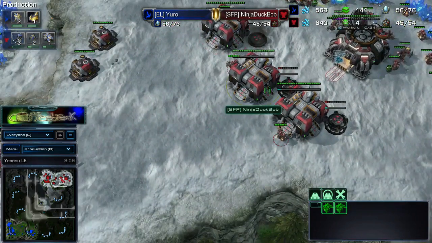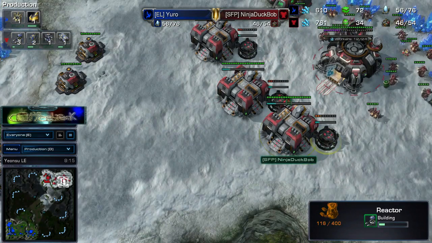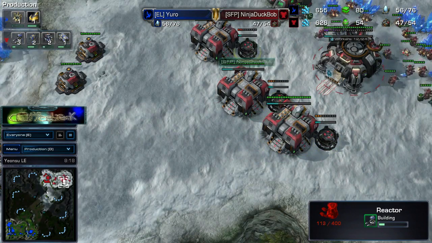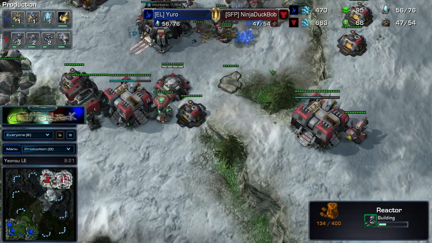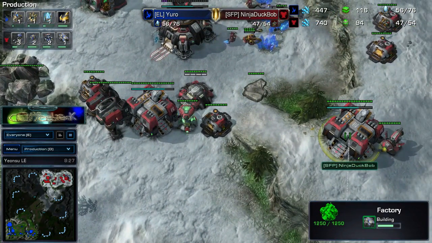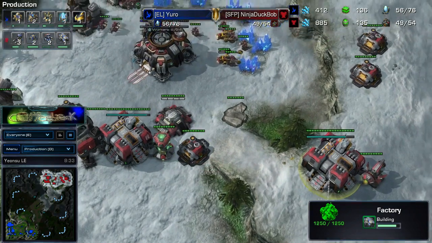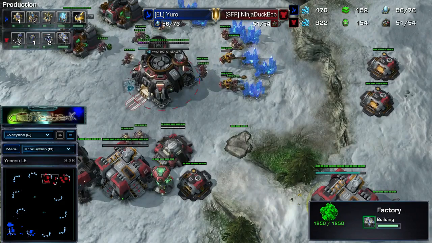feeling. And this is a lot of factories. See, we have 1, 2, 3 reactors going down there. I suppose I just could have looked at the production tab. 3 reactor factories coming down, so not going to be getting all that many of the big hard-hitting units. I don't know if he's going to be going mass Widow Mine, or if that's going to be for Hellbats. Do we even have a,